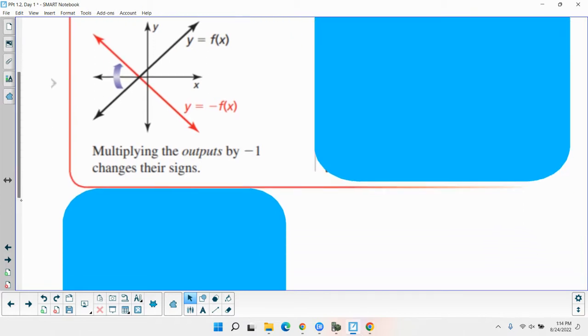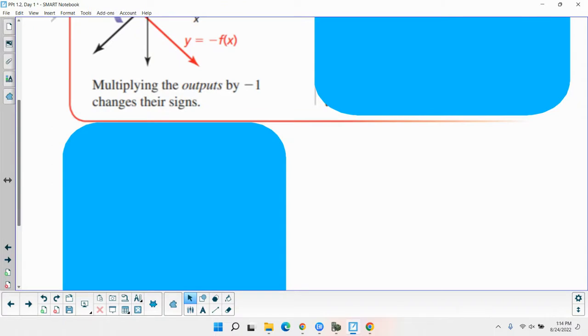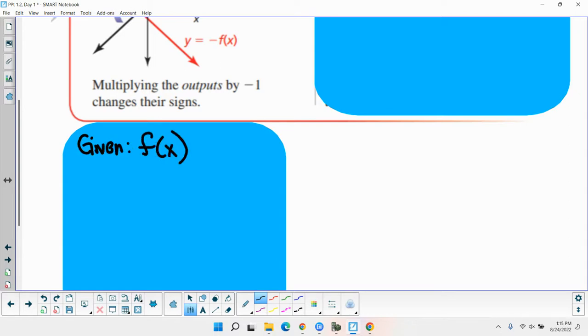So, we're still given f of x equals 3x minus 5. Okay? And remember, that's the same as y equals 3x minus 5. Just want to remind you that. Okay? So that's what my y equals. My y is my output. All right? So when I do a reflection in the x,